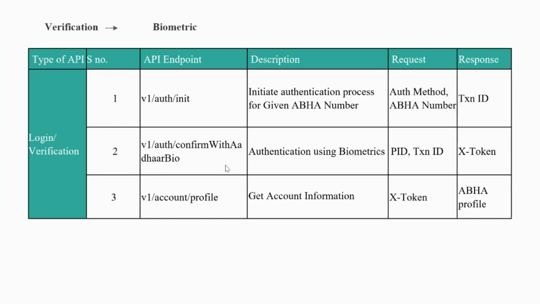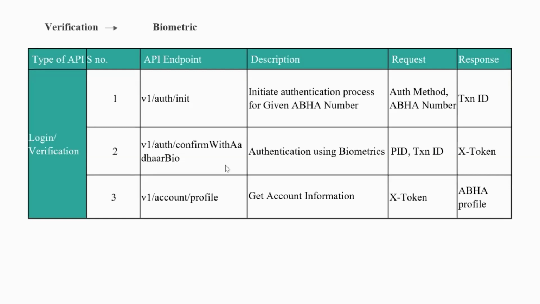So the next process, if it is biometric, we will enter the auth method as biometric, and the next method is confirm with Aadhaar biometrics. After the init API, when the Aadhaar number is mapped and we are passing a biometric method, there will be confirm with Aadhaar bio, where we pass the PID with the transaction ID which we received in the response of the V1 auth init method. That PID with the TXN ID needs to be passed, and in return,